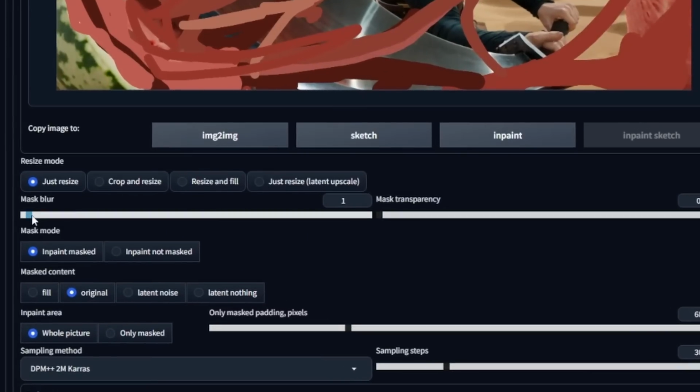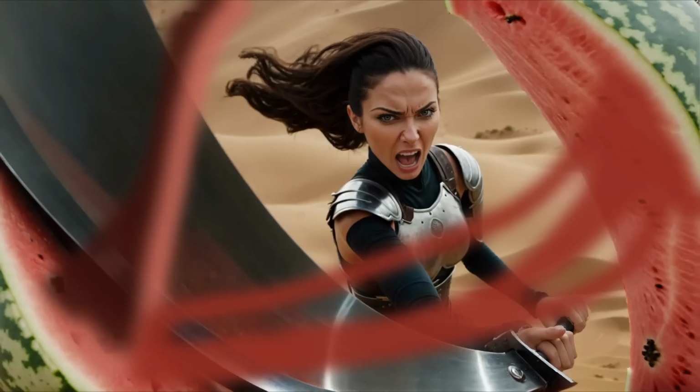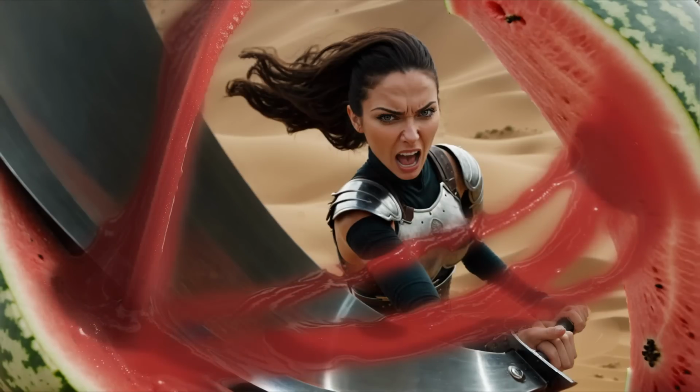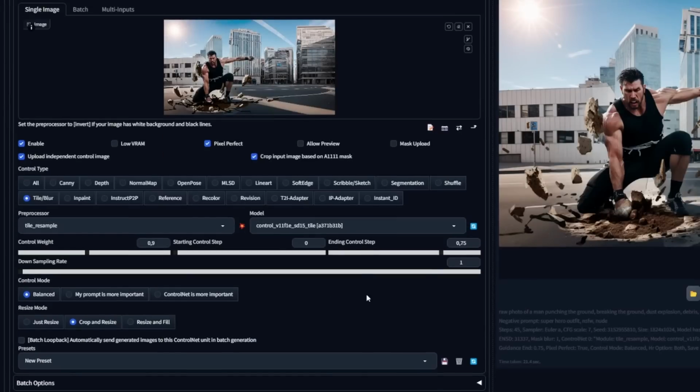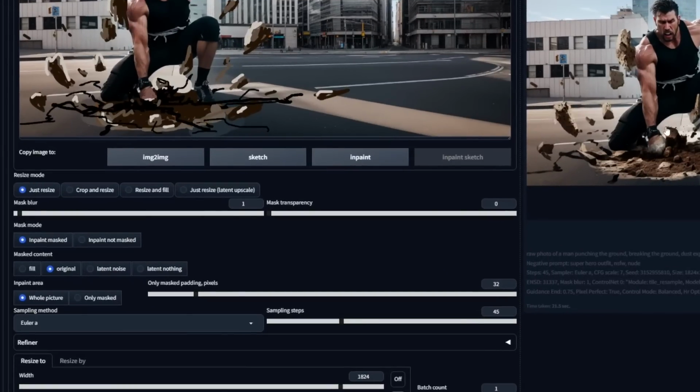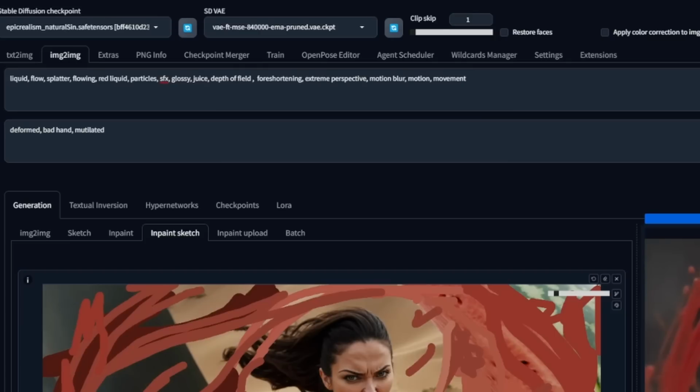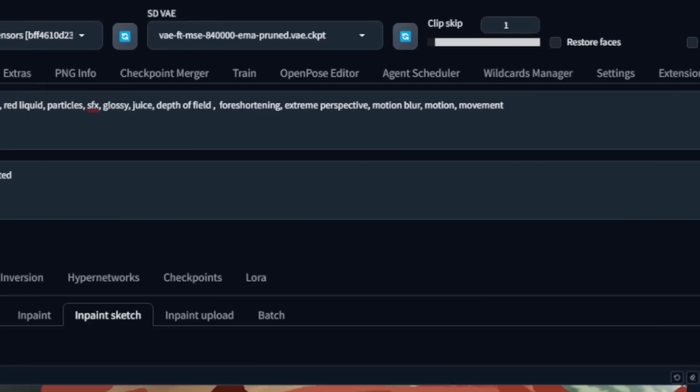For this specific case, we will use a high mask blur, because I don't really need the result to be exactly how I drew it, and it benefits us that it goes a bit wild on the edges. I will also add transparency just to see if it does something. This is not usually how you do this. Most of the time you will use a higher weight and a mask blur of 1 or 2. When prompting, you need to keep it short and to the point. Just describe what you wanted the sketch to be. Maybe some other stuff like motion blur, but nothing else, or you could confuse the tile model.